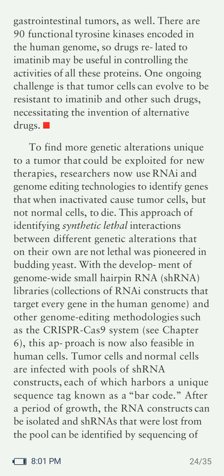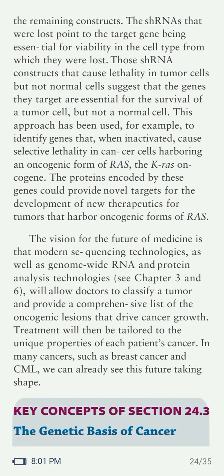Tumor cells and normal cells are infected with pools of shRNA constructs, each of which harbors a unique sequence tag known as a barcode. After a period of growth, the RNA constructs can be isolated, and shRNAs that were lost from the pool can be identified by sequencing of the remaining constructs. The shRNAs that were lost point to the target gene being essential for viability in the cell type from which they